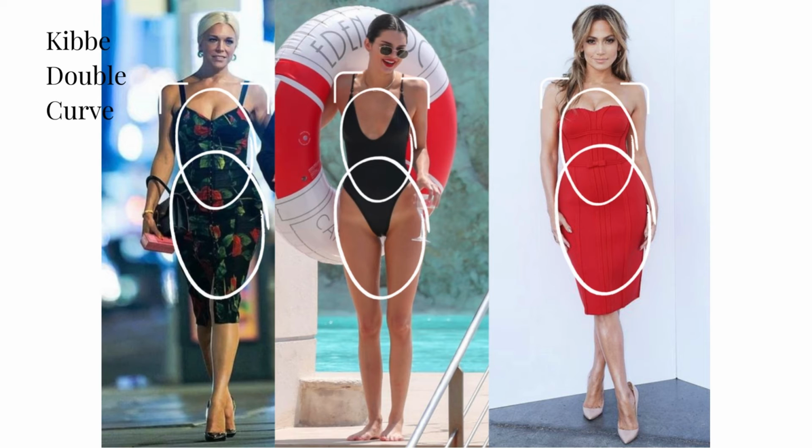All three of these women, while curvy, do not have double curve. Again, I believe Hannah Waddingham to the left is a soft dramatic. I believe Kendall Jenner in the middle is a flamboyant natural. And Jennifer Lopez to the right is a verified soft natural. The top of their snowman does not cover their full chest. In each case, the upper chest falls outside the specified area.